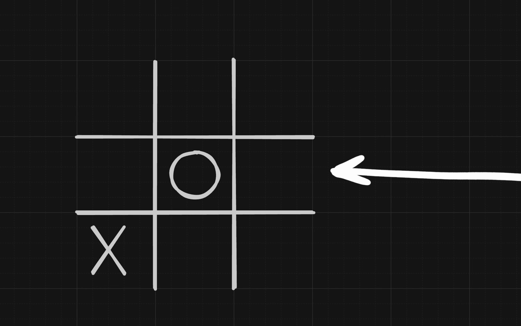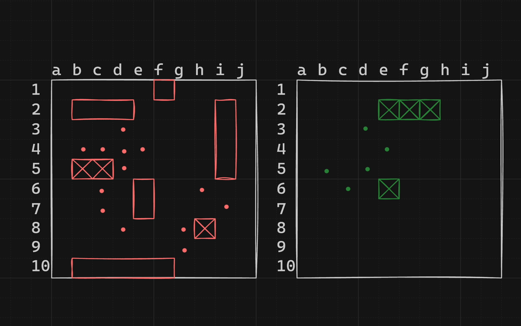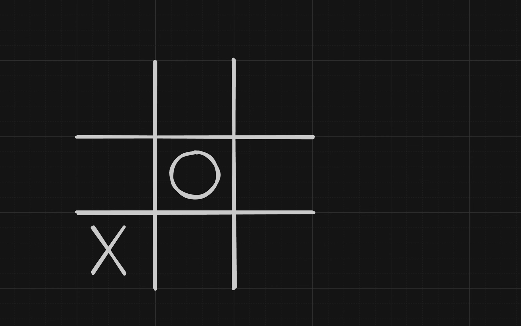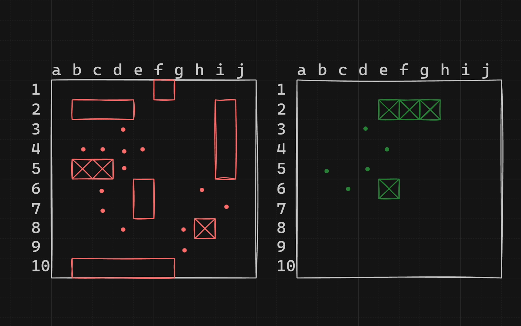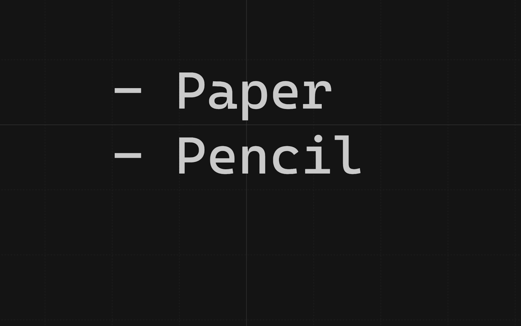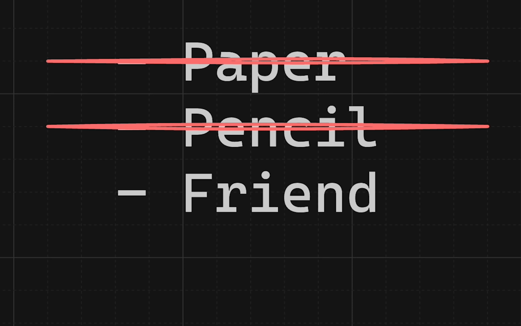This is a game. This is also a game, and this one is yet another game. And what all these games have in common is that in order to play them, you just need a paper, a pencil, and a friend. But what if you don't have paper or pencil, or your friend lives far away? How hard would it be to build this type of game so you can play with your friend over the